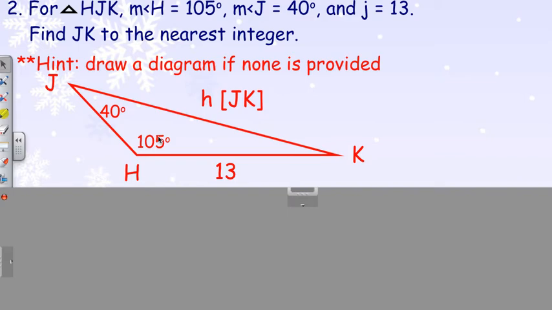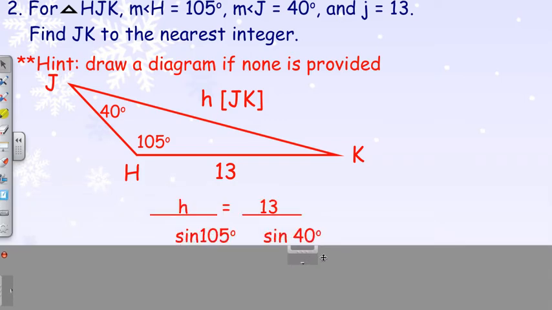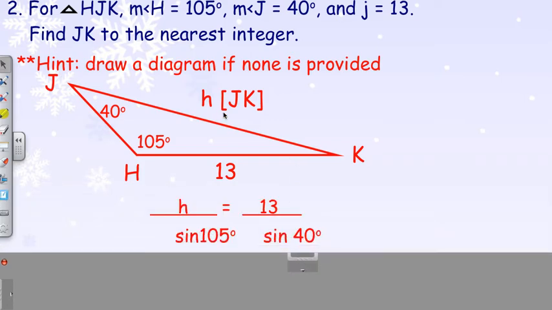So if you look at the way this is set up, I have an angle and its opposite side, an angle and its opposite side. So this is actually a perfect setup for the law of sines. So my setup is h over sine of 105 degrees is equal to 13 over the sine of 40 degrees. So I just do the math,